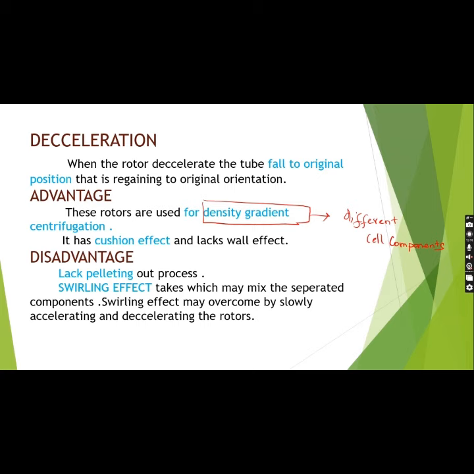Swinging bucket rotors cause a cushion effect, so they lack the wall effect, which causes harshness to the components and causes the mixing of components. A wall effect causes this, but the swinging bucket rotor lacks the wall effect and causes a smoothened effect, that is, the cushion effect. Then a major disadvantage in it is